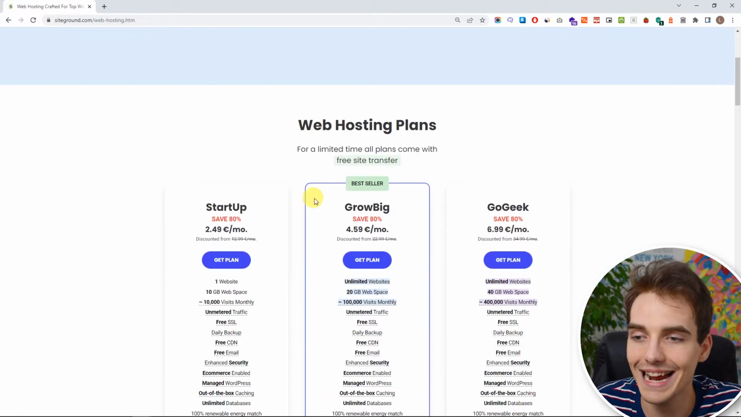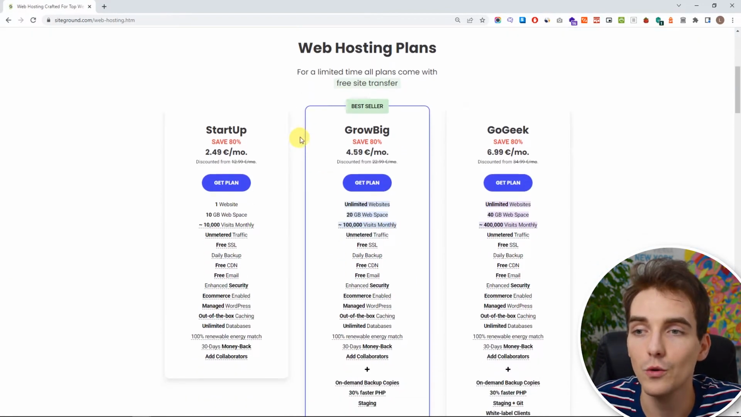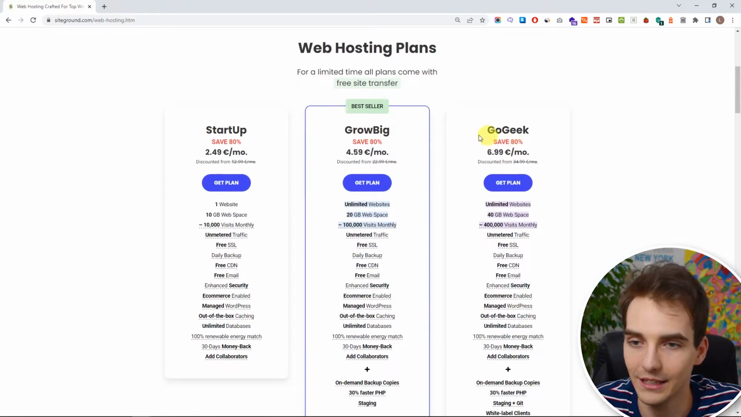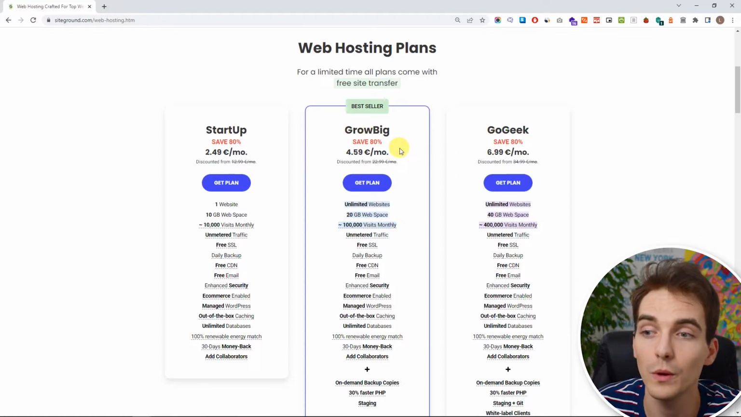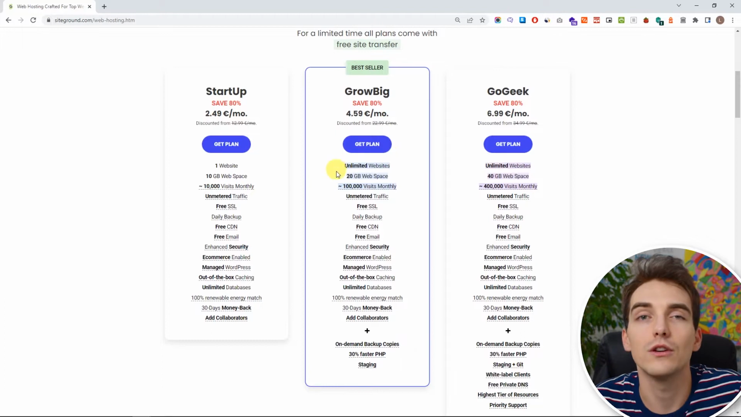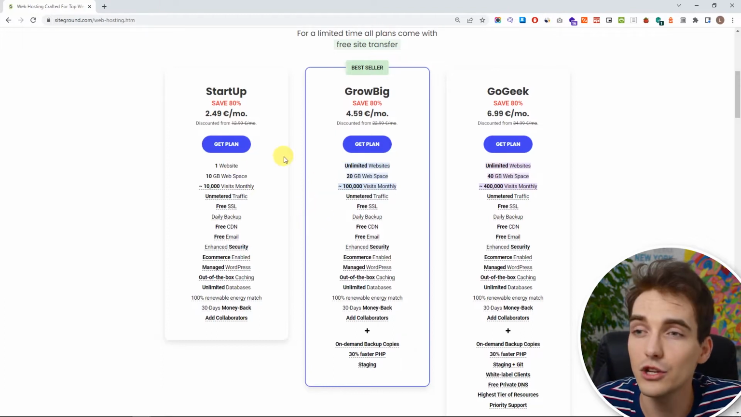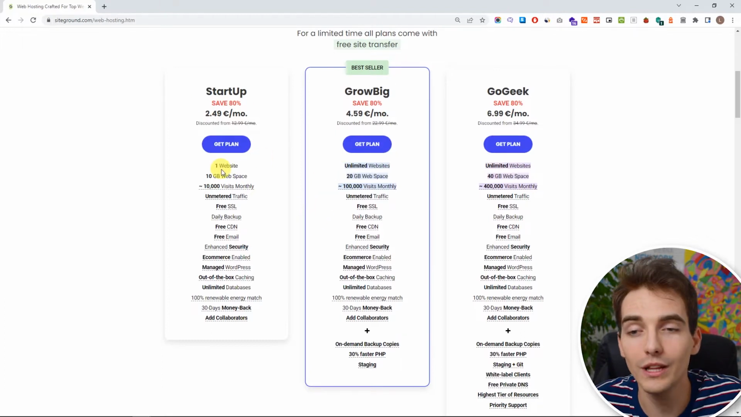As you can see inside here, it brought us in here, or you can simply go and scroll down. Now we have a few options in here. As you can see, we have StartUp, GrowBig, and GoGeek. Now, even though they are recommending you go with GrowBig, I actually think it's not the best option for you. I would highly suggest you go with StartUp,